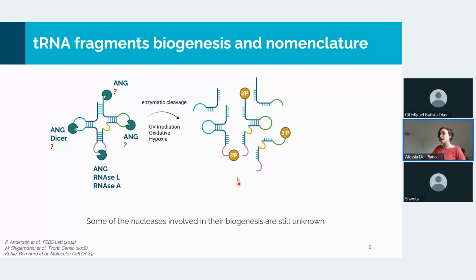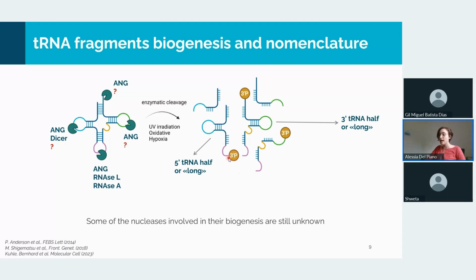However, the tRNA fragments that are produced can be classified according to their length and site of the cleavage, and we can have 5 different classes of tRNA fragments. We have the 5' or 3' tRNA half or tRNA long. Usually these types of fragments are generated from the 5' or 3' counterpart of the full-length tRNA. This fragment has a length of more than 20 nucleotides, and usually the cleavage occurs at the level of the